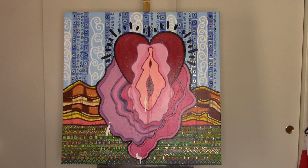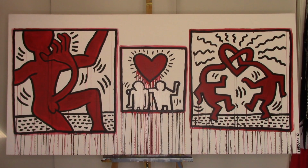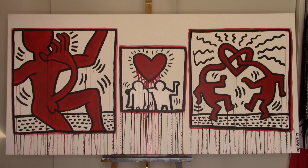It wasn't necessary, and I think it would have worked without it, but just adding it gives it this sense of vulgarity that I kind of dig. Like I mentioned, I'm a huge Keith Haring fan, and here I took 3 different images of his and put them into one, adding a little bit of my style that I do with the stripping, and once again with the pattern of the circles and the dots, combining different mediums with the metallic markers, the acrylic paint,